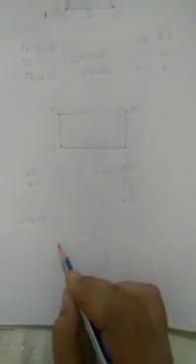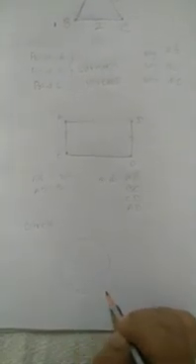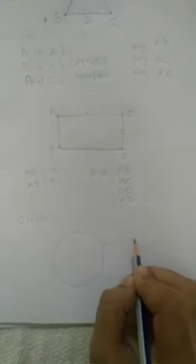Now let us see what is radius, circumference and diameter. See, first we will make a circle. I will make it in rough. This is a circle. So this is the line. It is known as the circumference. It is the boundary of a circle. So it is called the circumference.